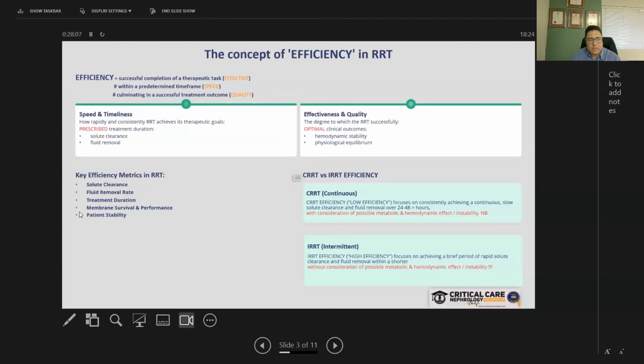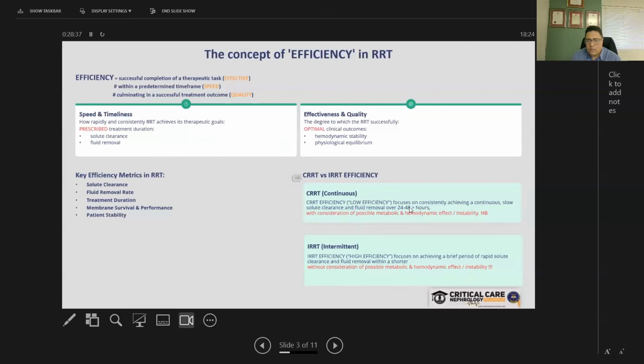And patient stability is paramount. And the reason why we bring low efficiency CRRT into the ICU is because we are most interested in patient stability while we are conducting this therapeutic modality. So CRRT in the form of continuous therapy provides a low efficiency form of therapy. This is focused on consistently achieving a continuous, slow solute clearance and fluid removal, which is well over 24 hours